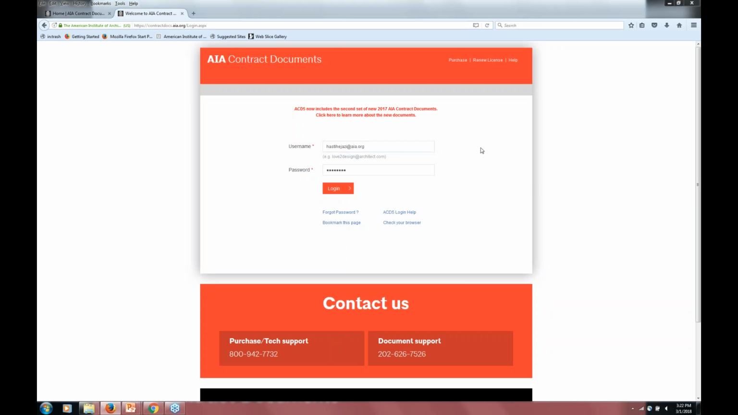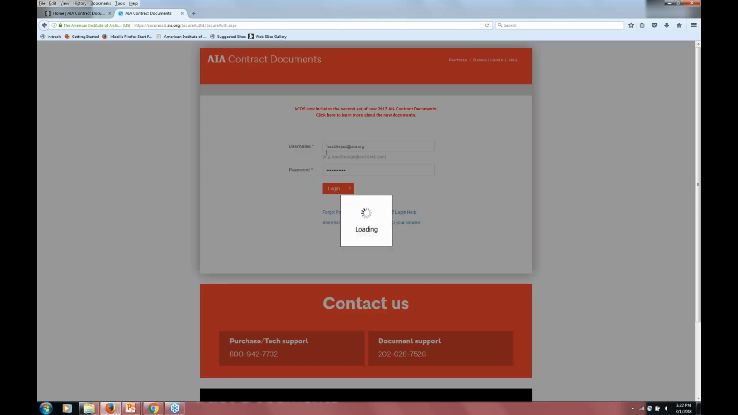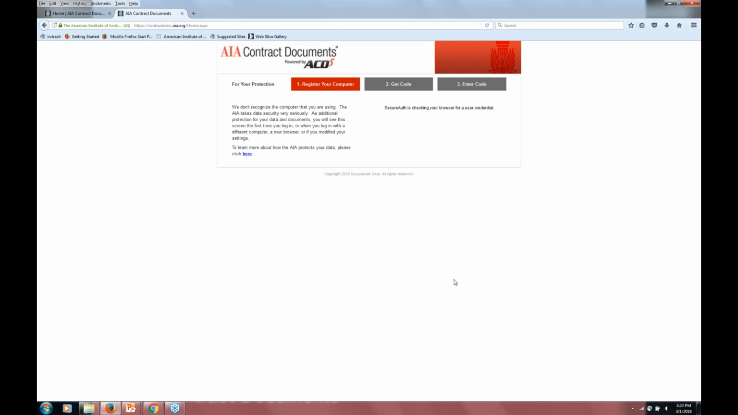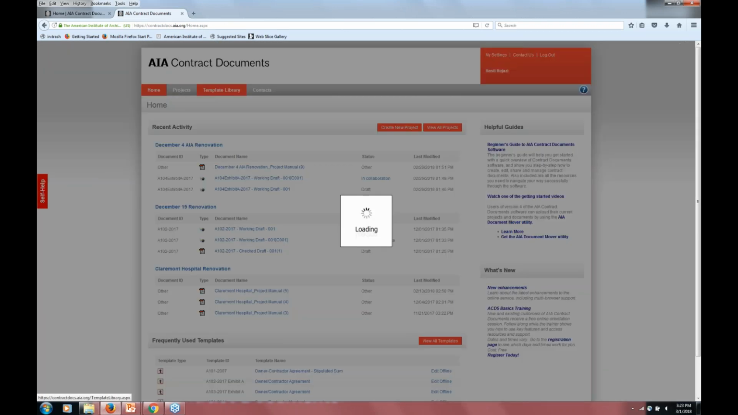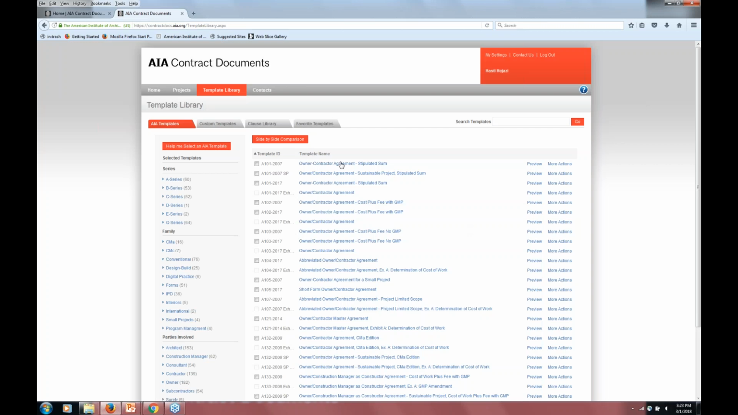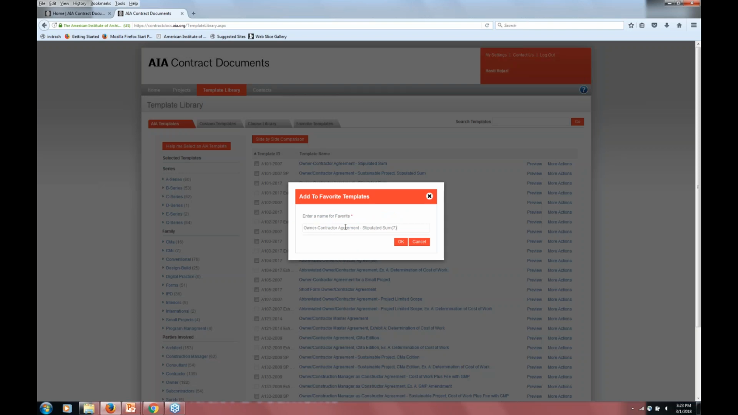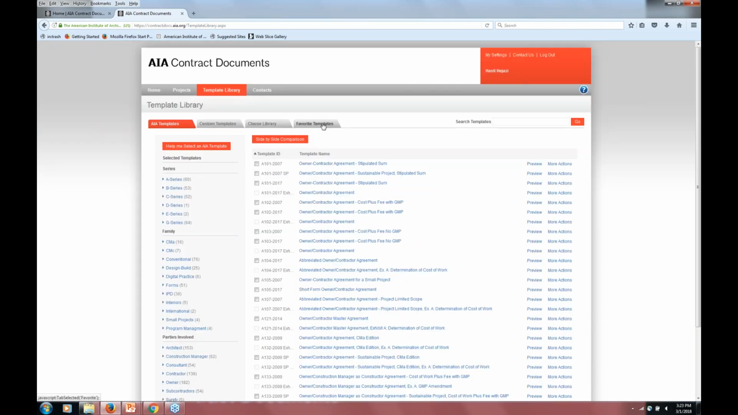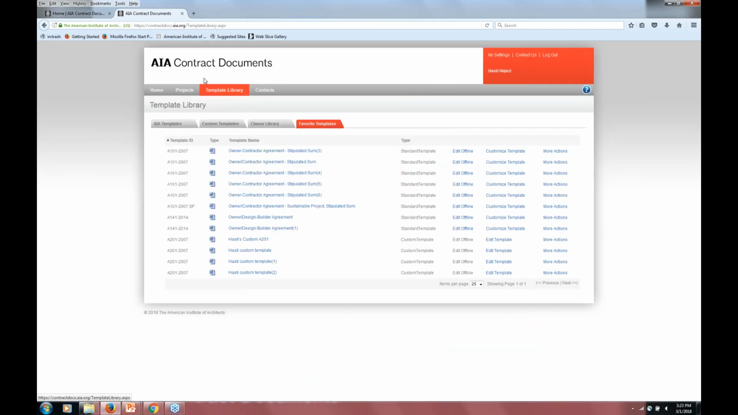In fact, I do have my ACD5 subscription up. I can actually show you in real time. So if you go to Template Library and you see a document you want to add to your favorites, just click More Actions to the right of the document and Add to Favorites. You can enter a name for it, click OK, then it's going to be saved here on that fourth tab